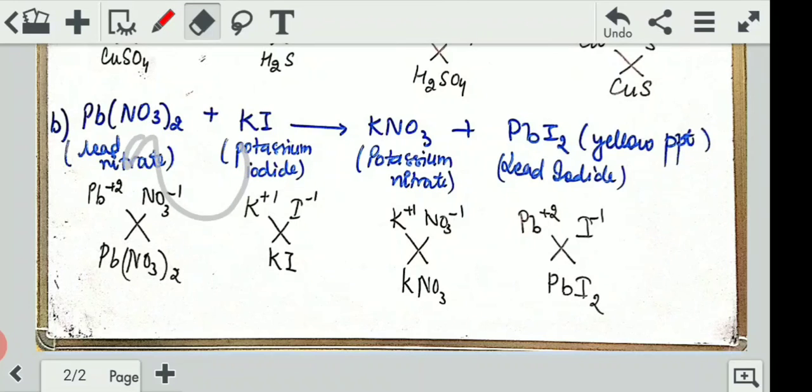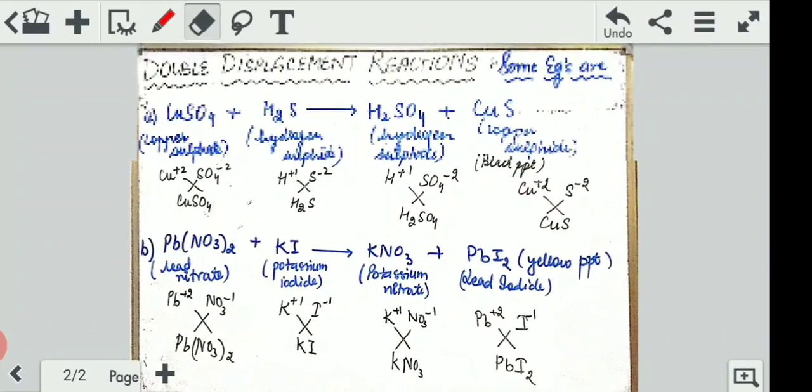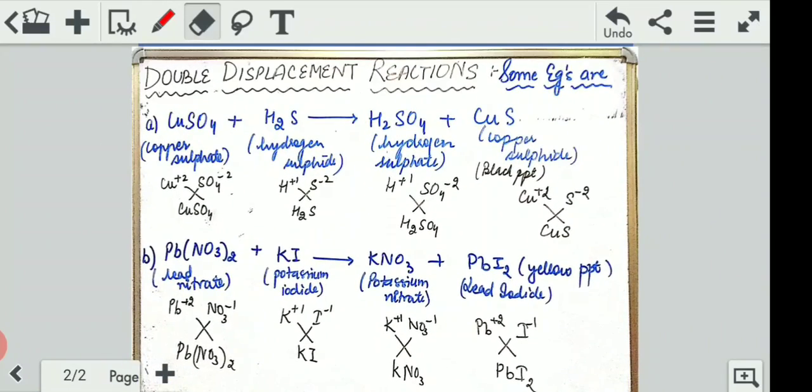So the other substances formed are potassium nitrate and lead iodide. Now this lead iodide is a yellow precipitate. Lead +2, iodine -1 combined to form lead iodide. It's a yellow precipitate. This is how some double displacement reactions occur. So we have completed four basic types of reactions: combination, decomposition, displacement and double displacement. We are left with only one type, that is redox reactions, which will have oxidation and reduction reactions. I will take a further 3 videos on oxidation and reduction reactions along with their 2 major